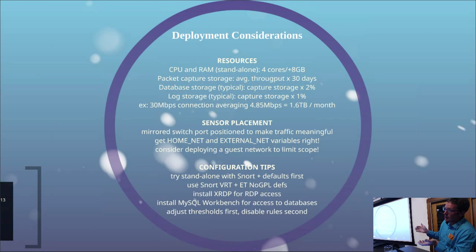And the external networks is usually just what your home networks are not. If you don't define these two things, you're going to find yourself watching a lot of traffic that you don't care about. One of the things that I think is most important when you deploy an IDS, either Security Onion's or anybody else's, is that you think very critically about how to decrease the footprint of the networks